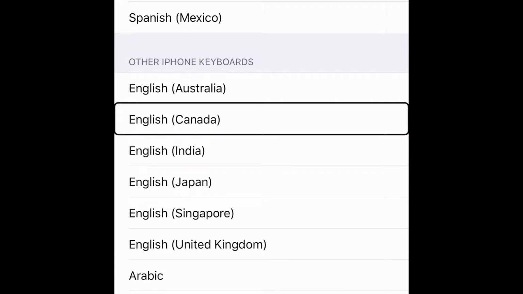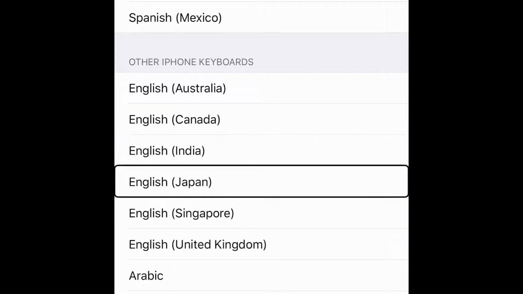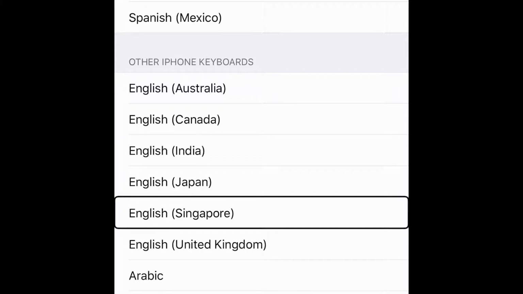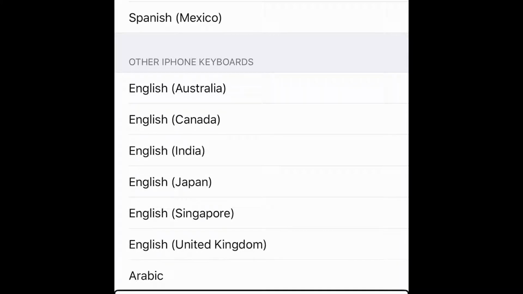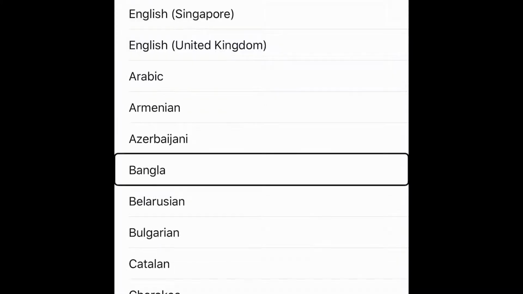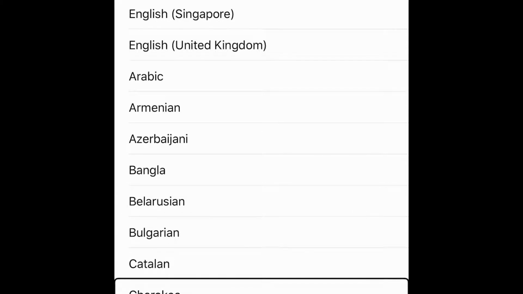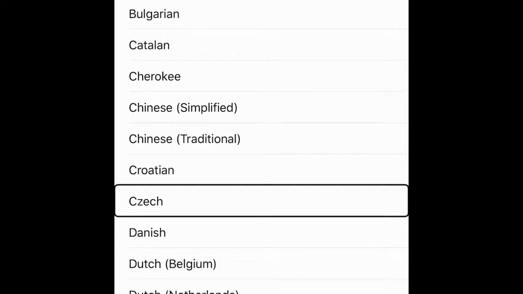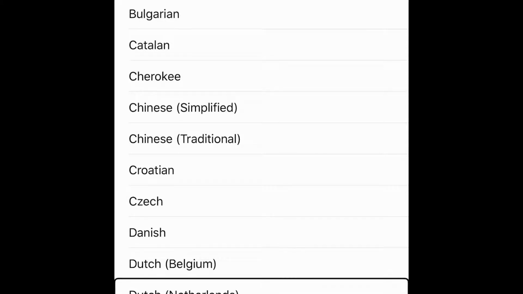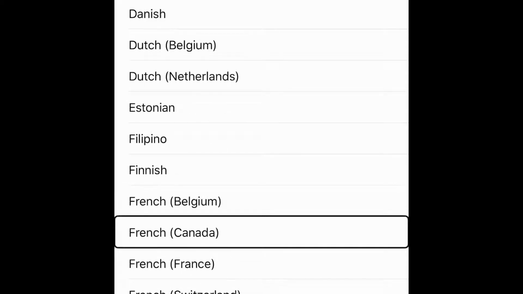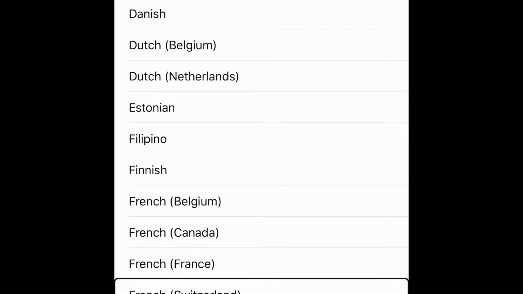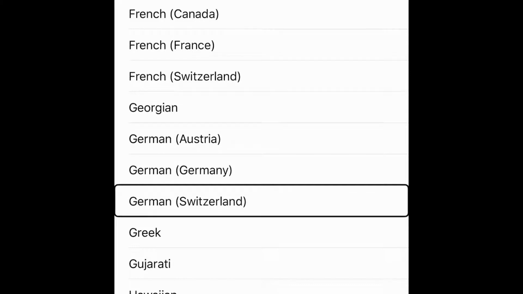English, Australia, English, Canada, English, India, English, Japan, English, Singapore, English, United Kingdom, Arabic, Armenian, Azerbaijani, Bangla, Belarusian, Bulgarian, Catalan, Cherokee, Chinese simplified, Chinese traditional, Croatian, Czech, Danish, Dutch Belgium, Dutch Netherlands, Estonian, Filipino, Finnish, French Belgium, French Canada, French France, French Switzerland, Georgian, German Austria, German Germany, German Switzerland, Greek,